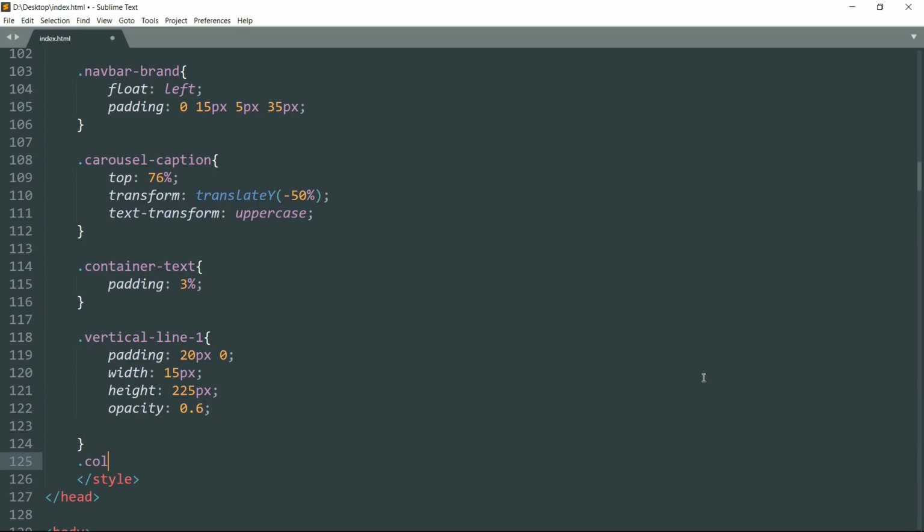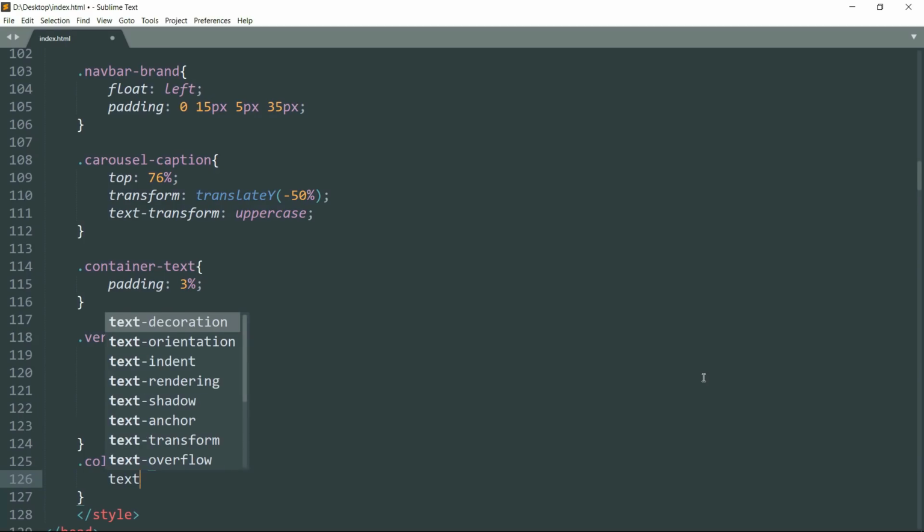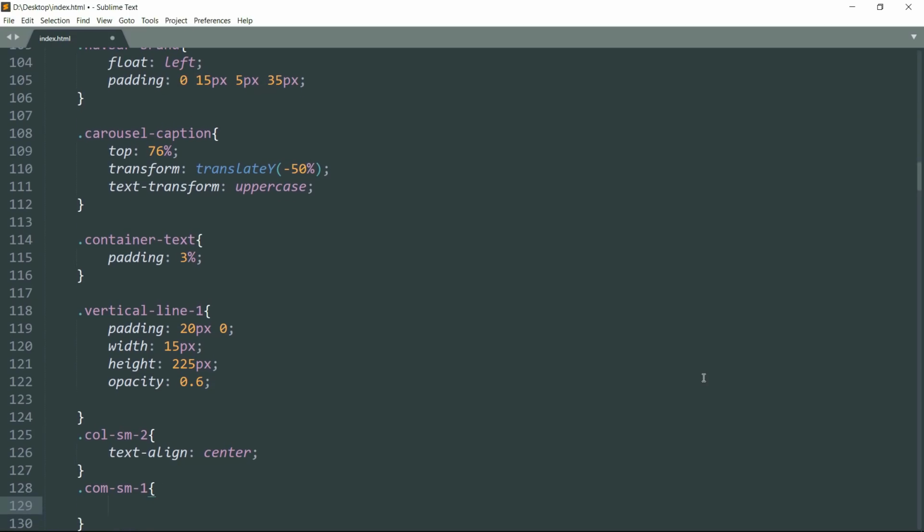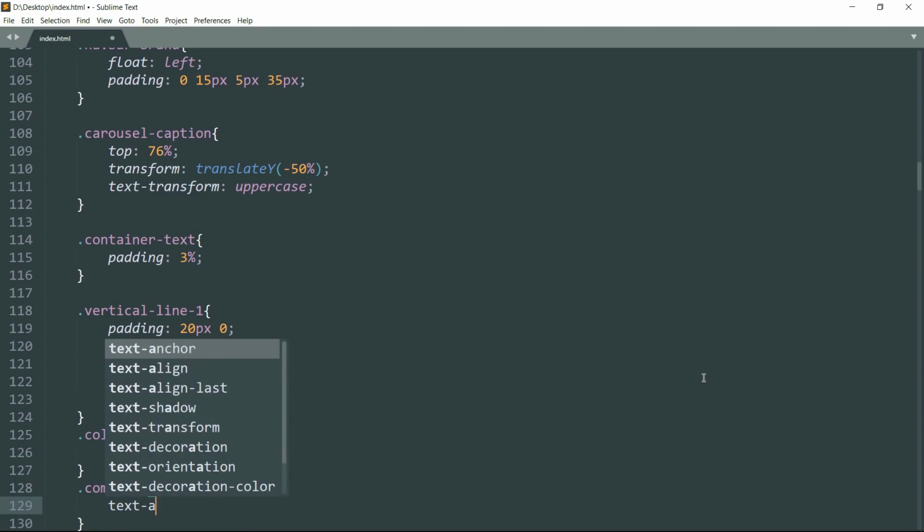Now drop down and write .col-sm-2. Now text-align as center. Now type .col-sm-1. Now text-align as center.